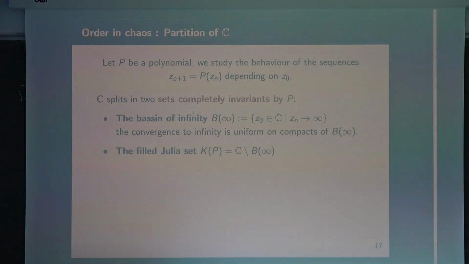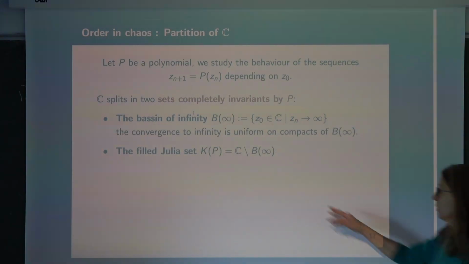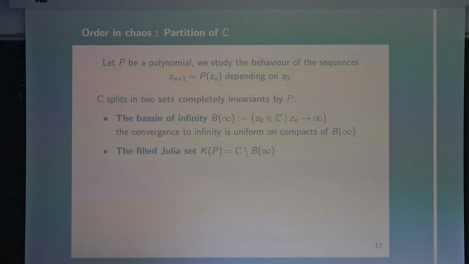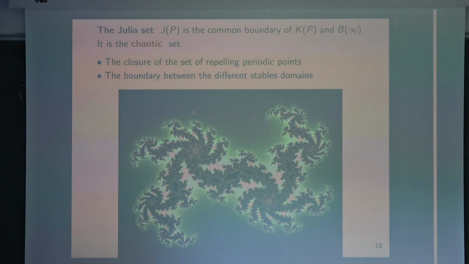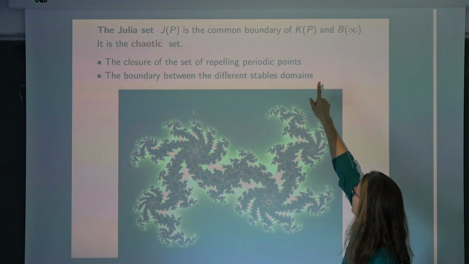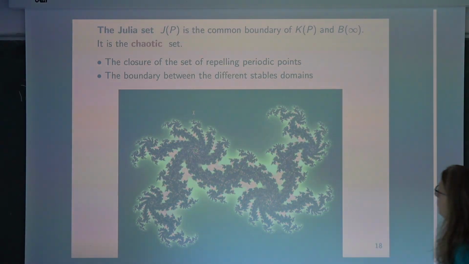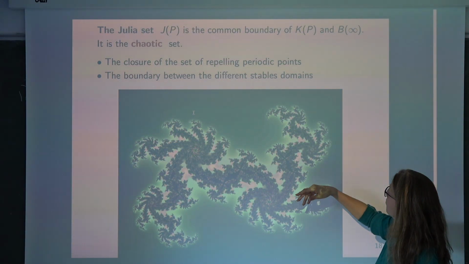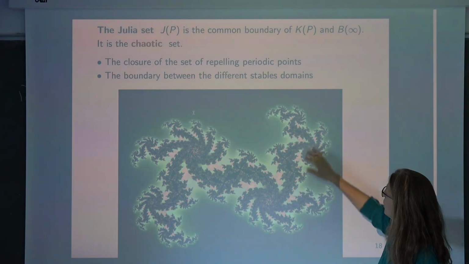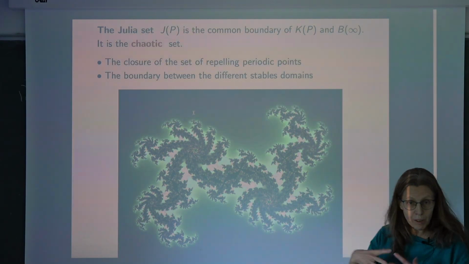And what is called the Fatou-Julia set, it's the black part, which is the complement of the points going to infinity. So on the basin of infinity, everything is very simple, and the filled Julia set means that there are a lot of things inside. Okay, it's the black things. And the Julia set is the boundary of the basin of infinity, the boundary of the green here, and it's also the boundary of the black. Okay, they have a common boundary.